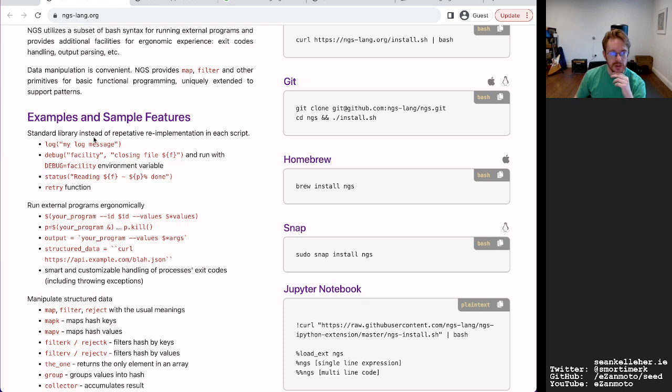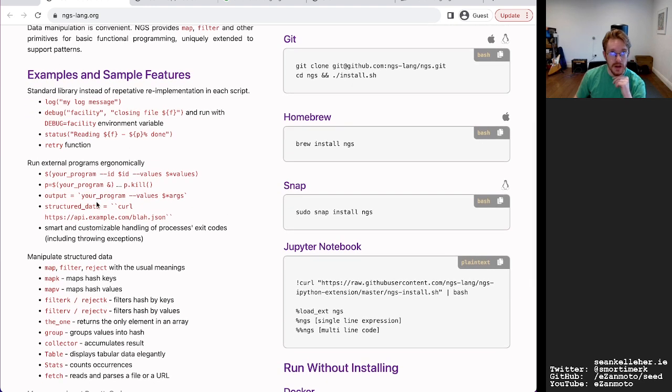So you have a standard library instead of repetitive re-implementation in each script. So logging functions and the like. Yeah, that's interesting. And I guess they will potentially have color coding in the shell, depending on how it's implemented. Running external programs ergonomically.